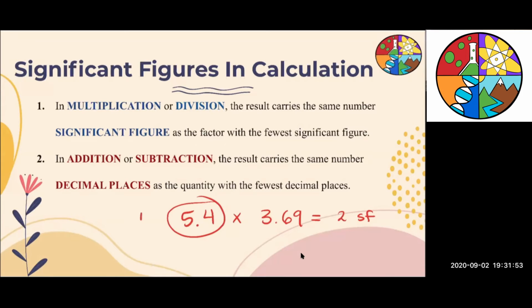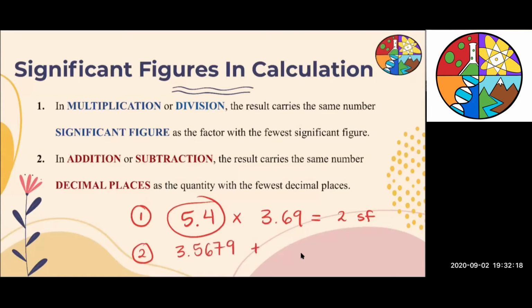So this is for 1. So for 2, when you're doing addition or subtraction, you should line them up. That's really helpful. Or you don't have to, it just goes with the one with the least number of decimal places. So it's kind of similar to the multiplication, but in this case, we'll do